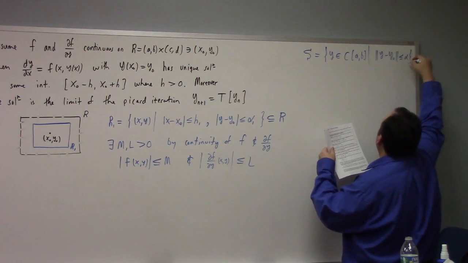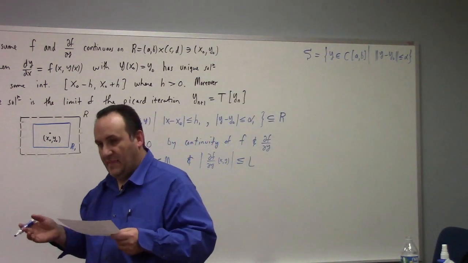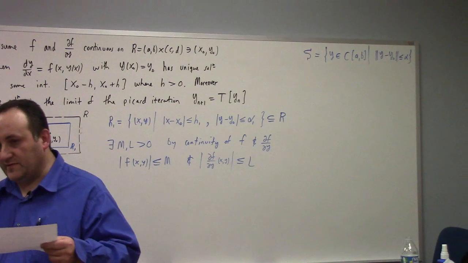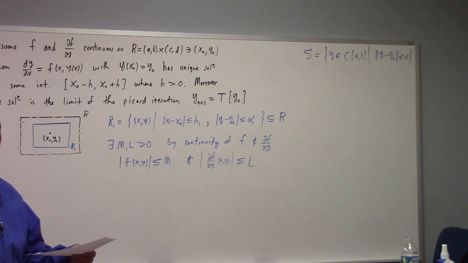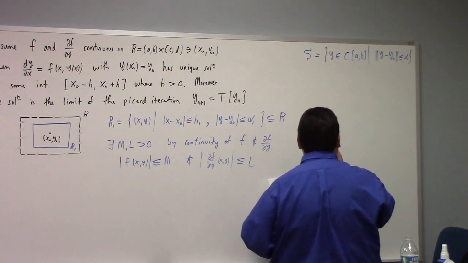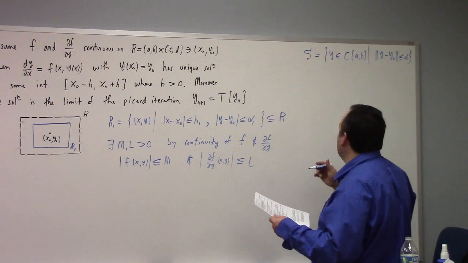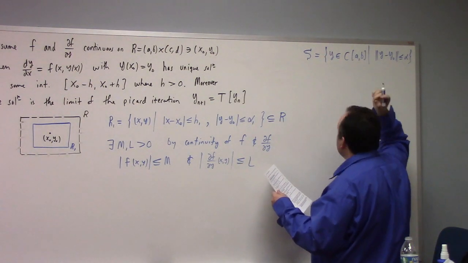Now that norm is exactly the function norm that we've been using. It's the max of the difference of the functions y and y naught for x between a and b. That's how we defined the norm on the continuous functions on the closed interval, right? That was it. So it's our definition. That's fine, and